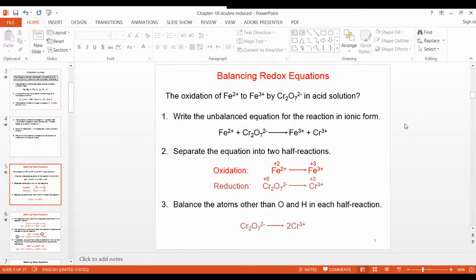Okay, suppose this is how to balance it, this ion electron method. The 4 points I gave you, right? First of all, you identify which one is oxidation, which one is reduction. So you start from reduction, then you start from oxidation. So write half oxidation first and half reduction. So first half reduction you start.